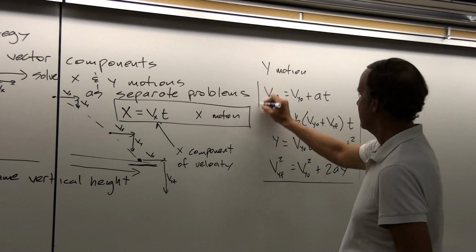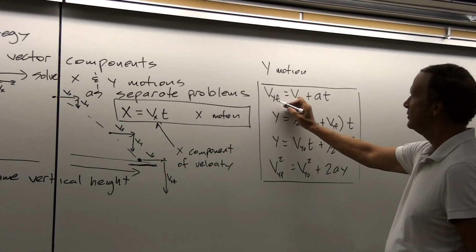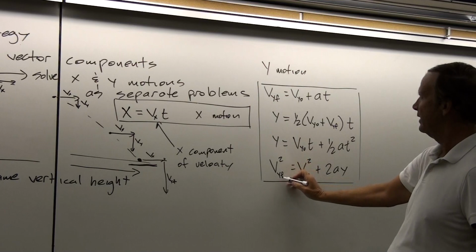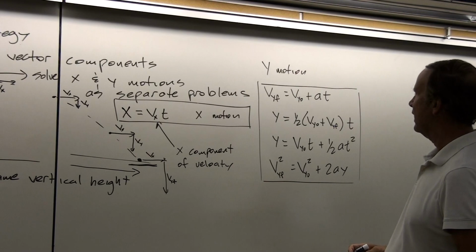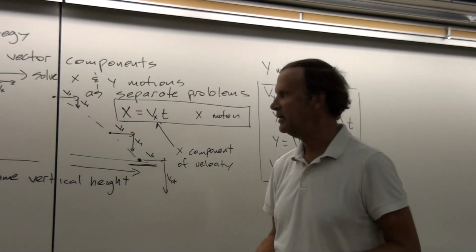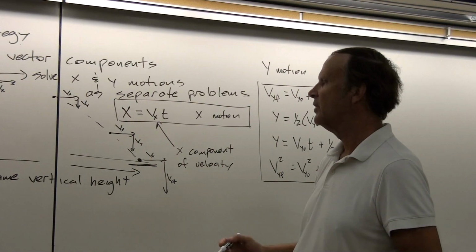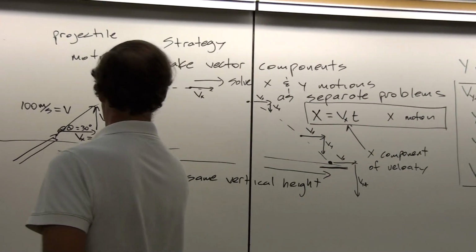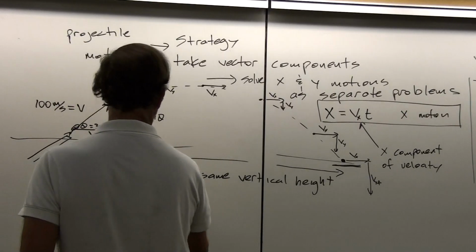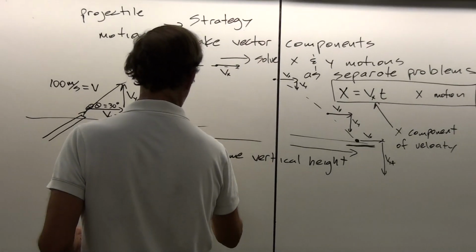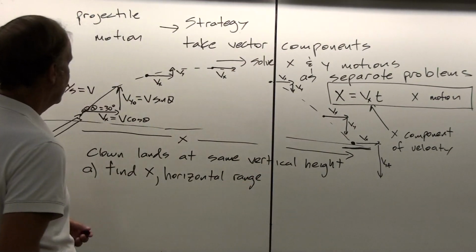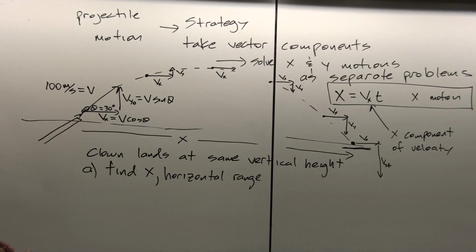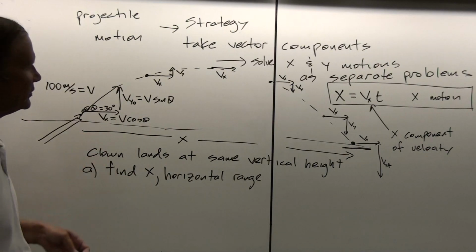So if you just take our kinematics equations from chapter 2 and you plug in a little y there for the y part of the velocity, then we have the same equations that we had before. Okay, and so in this problem, first, let's just find x, which is the horizontal range. It's fired at an initial velocity of 100 meters per second. So that means that we need to do a couple of calculations. We need Vx.